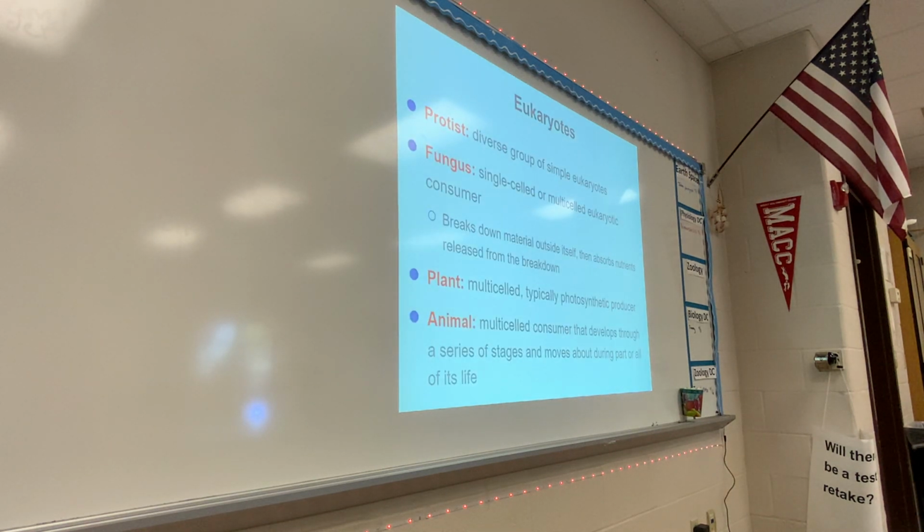Alright, so as far as eukaryotics, there are four main groupings that fall within them: protists, fungi, plants, and animals. Now, I'm sure you've heard the classification system before: kingdom, phylum, class, order, family, genus, species. That's basically what we're following. What we were talking about before with bacteria, archaea, and eukaryotes, those were called domains. Domains are found above kingdom. So eukaryotes are a type of domain, and protists, fungi, plants, and animals are actually types of kingdoms.